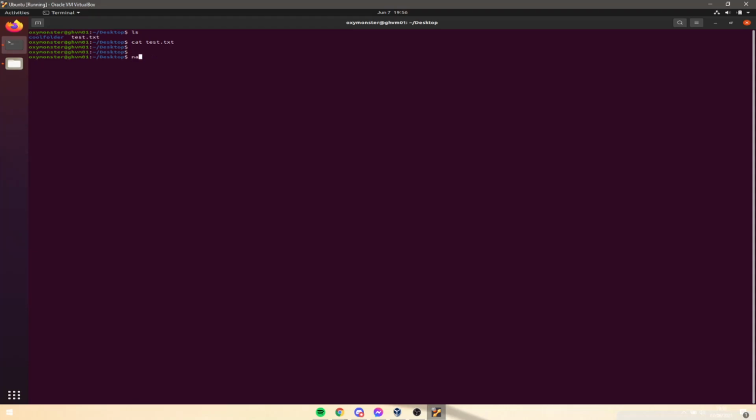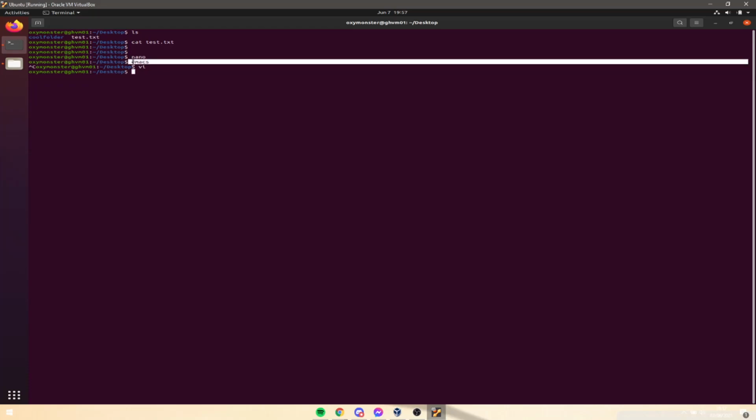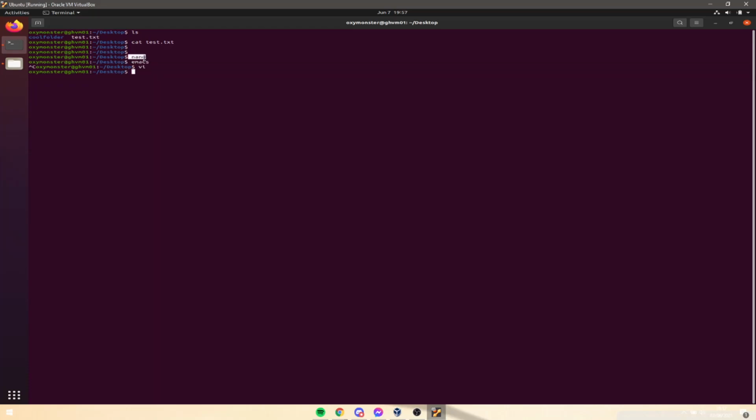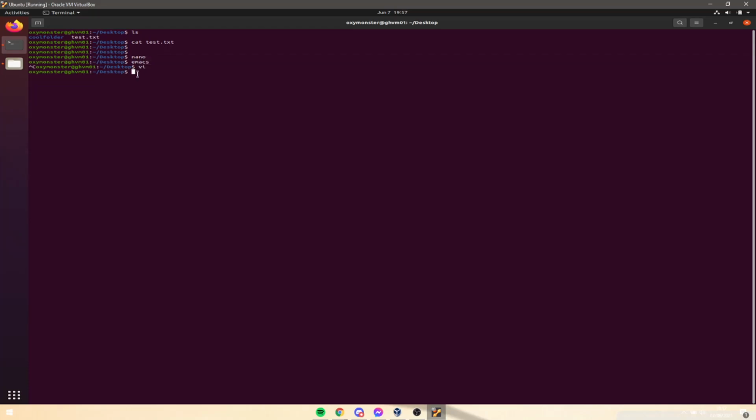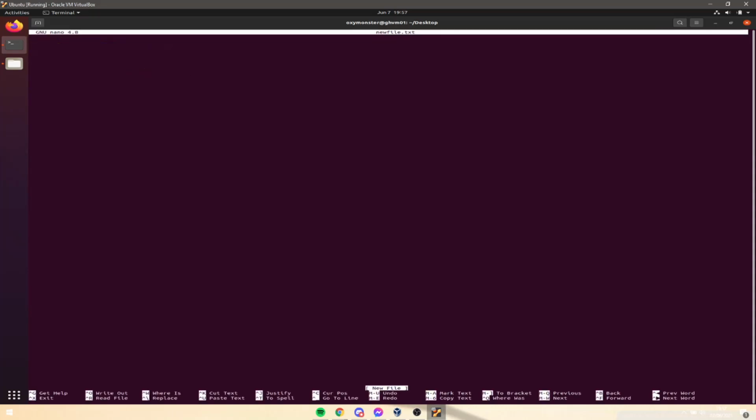Now I'm going to write these all out for you here. Alright, so here are the 3 tools, and I would encourage you to do a little bit of research on each one and what their functionalities are. They're all just text editors, essentially. But if I were to do nano, I could type in test.txt to edit an existing file, or I can type in an entirely new file, like new file.txt. And here I can press I for insert to start my typing mode, and I could type in this file